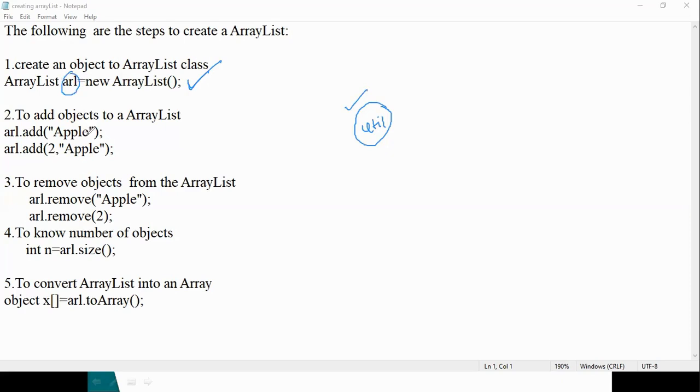Now, sir, what operations can you perform? Beta, you can add an element by using the add method. You can add an element at a specified position. Sir, I want to add the element at the second location. Of course, you can add. Sir, I want to remove an element. You can remove the element directly, or you can remove an element at a specified position. Sir, I am passing 2. That means it will delete the second position element, right? And you can find the size of an ArrayList by using the size function, and you can convert an